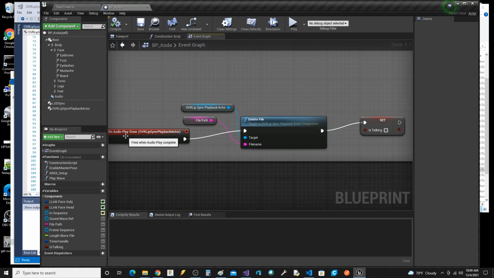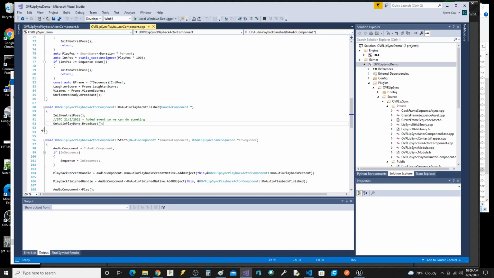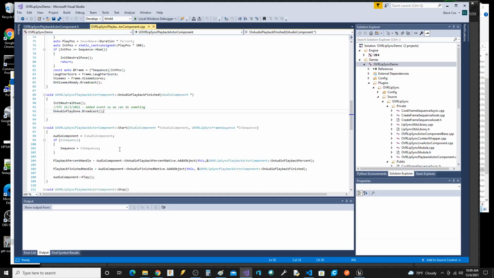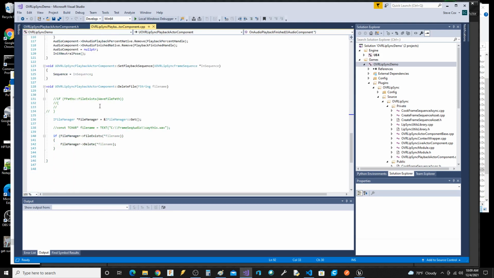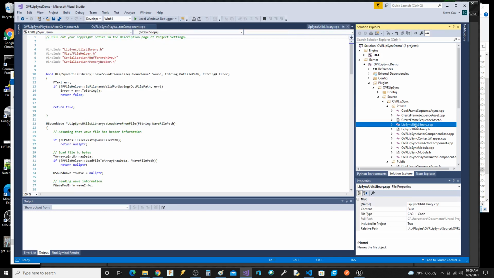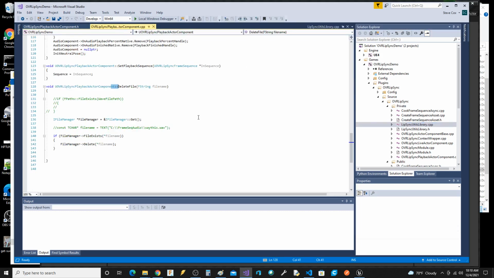So I had to add the event, and then I said, okay, let's go ahead and also add the delete. I didn't want to delete the file right here. I wanted it more programmable. This is what I put together. This code could probably go into this lip sync utils library, but that code right there is part of the Fractured Fantasy stuff, I believe.